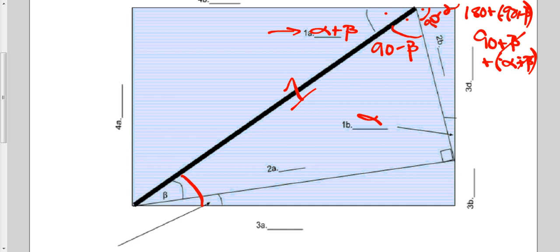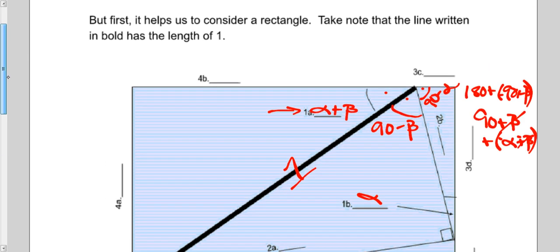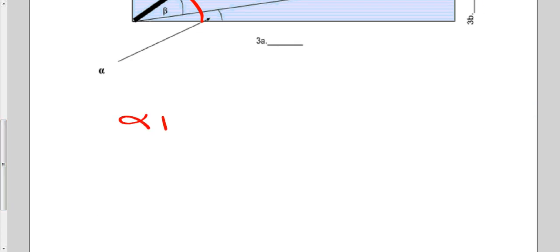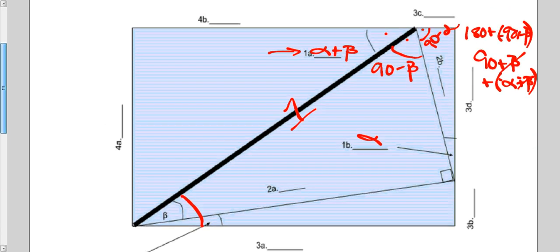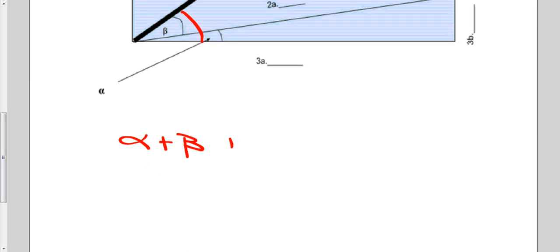Now, the corner of the rectangle that I just wrote over, what's that angle? So 90 plus this 90 plus this angle gets me what? 180, right? So I take that 180 and subtract that right angle. 180 minus that 90 gets me 90, right? And then 90 minus this 90 minus alpha, that gets me alpha, right? Let's do that. So my three angles are alpha plus beta, 90 minus beta,